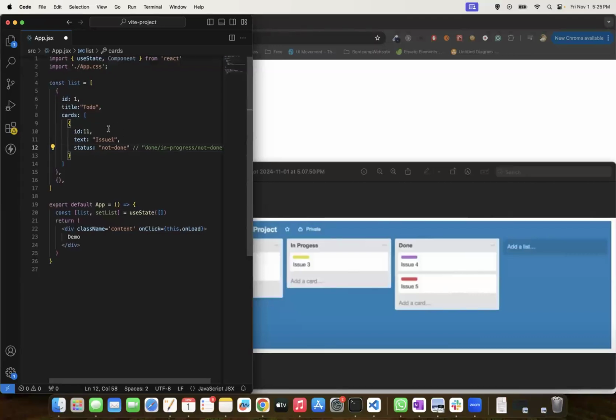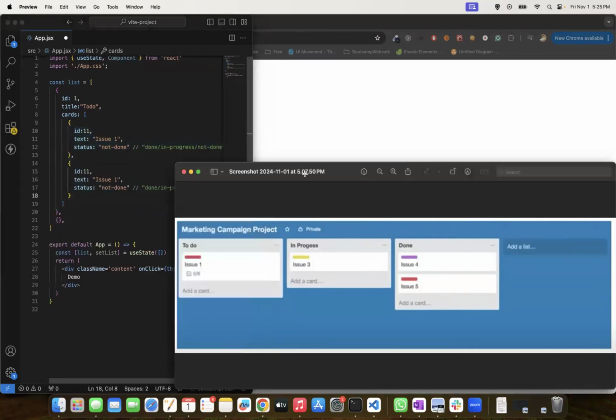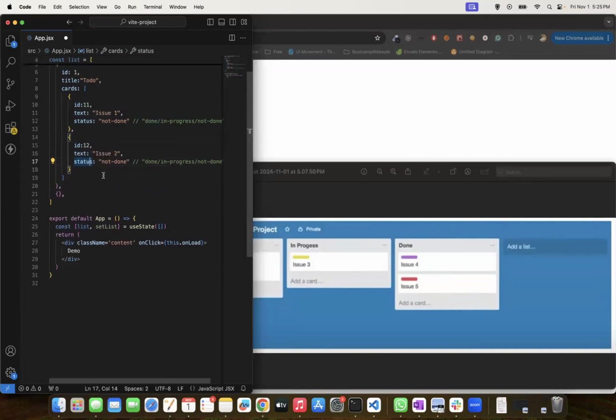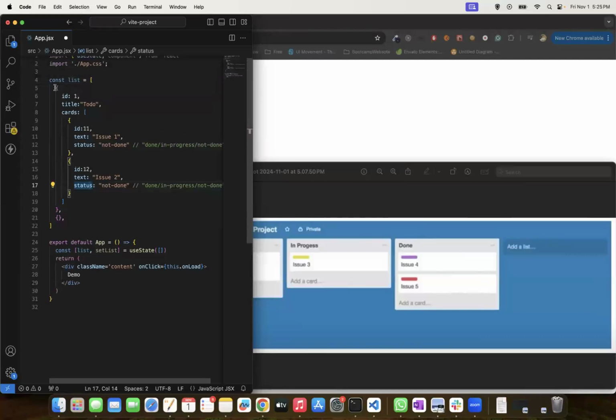Okay. So I think we could start with that one though, right? Okay, so let me quickly build this. Let me add just a couple of data. 2, 12, not done, and